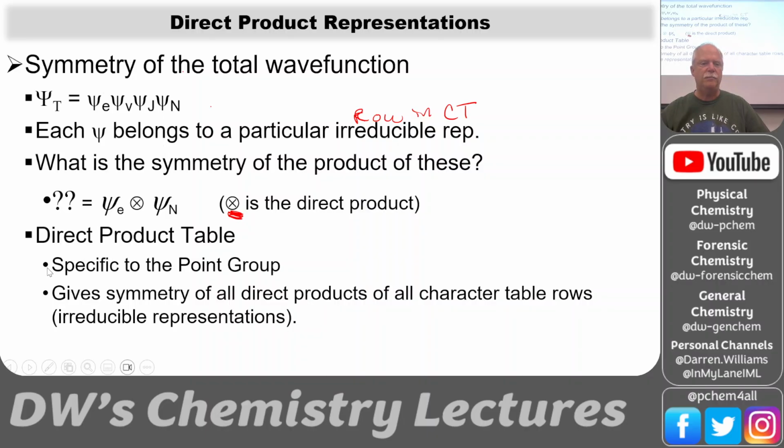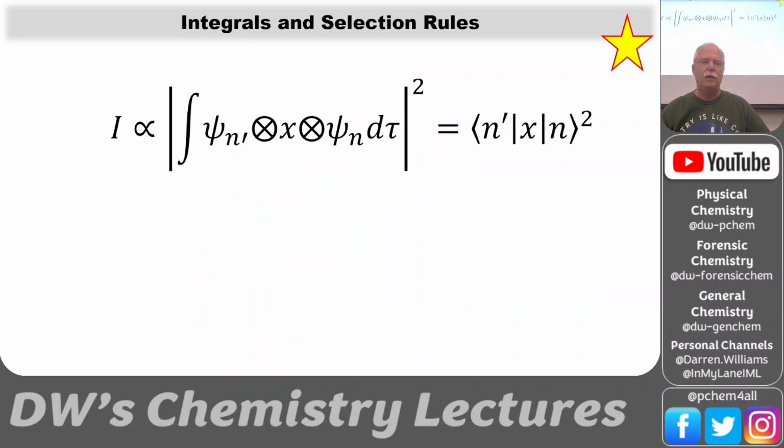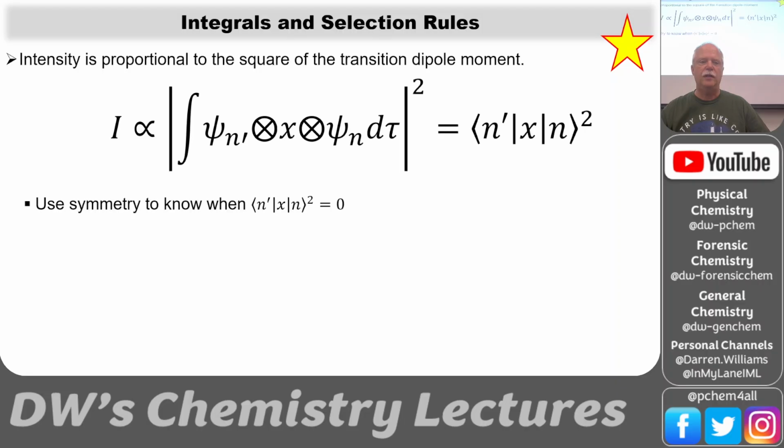And so this is specific to the point group. So we've got to have the point group correct and the character table correct before we can do the direct product table. So we know this is related to the integral, the intensity of a transition. And so this is that wave function x